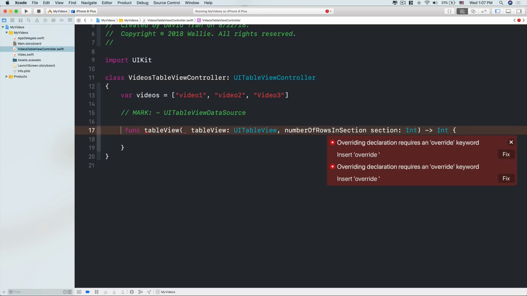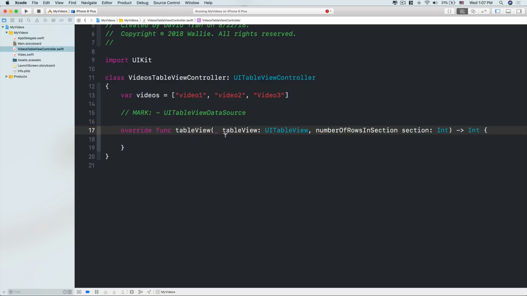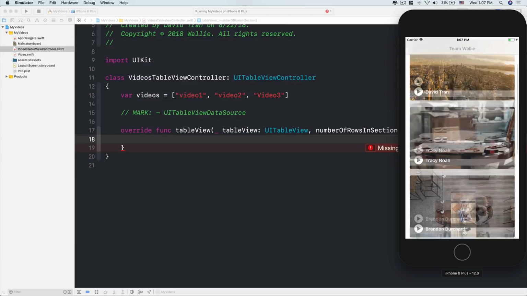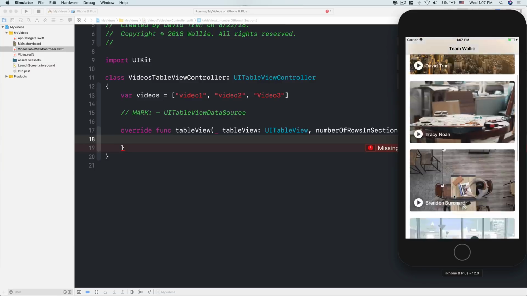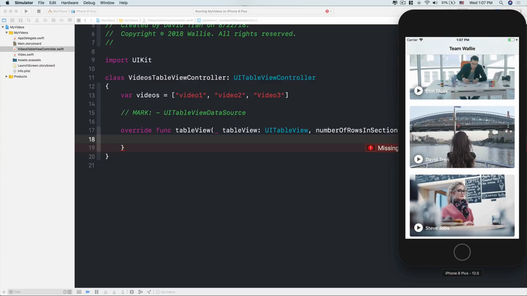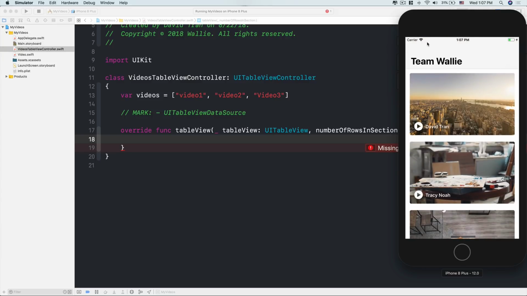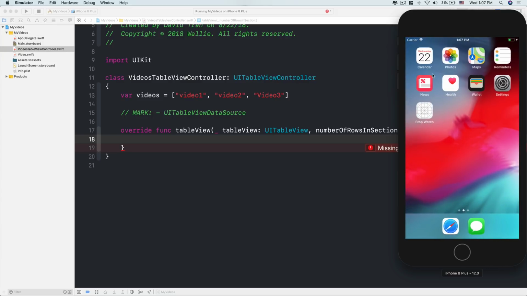It says overriding requires an override keyword, because this superclass already implements tableView numberOfRowsInSection. The tableView numberOfRowsInSection method returns an Int. That is, how many rows are there inside this table view's section. So a table view can have multiple sections. Imagine like the contact list app, right? So I'm going to find the contact